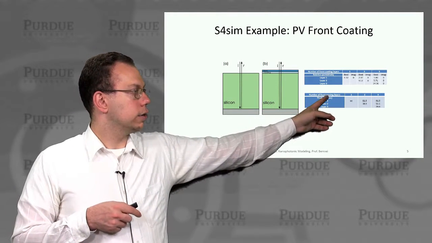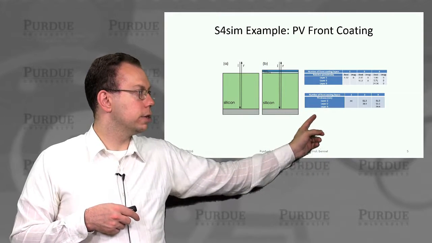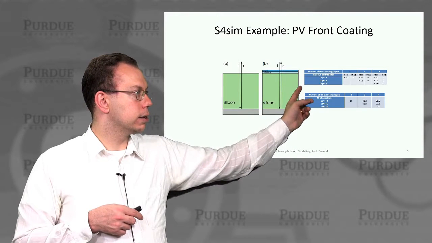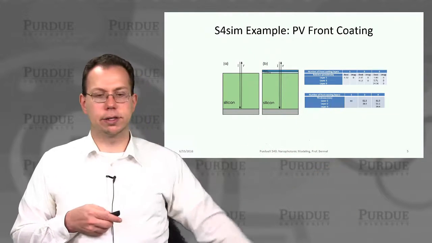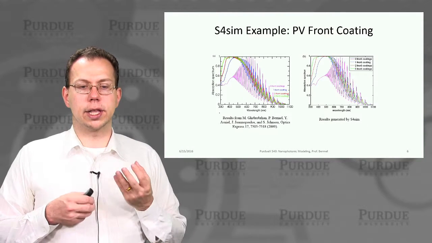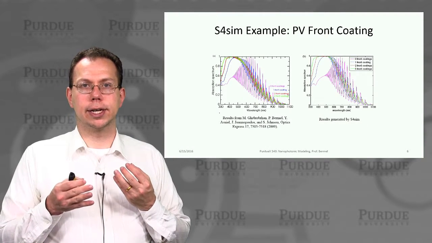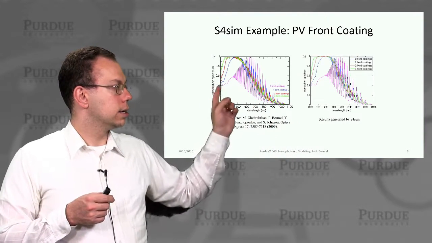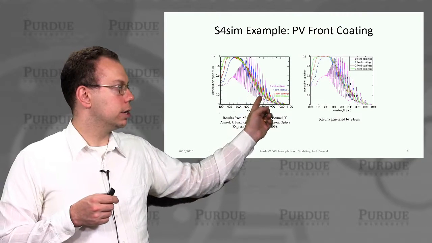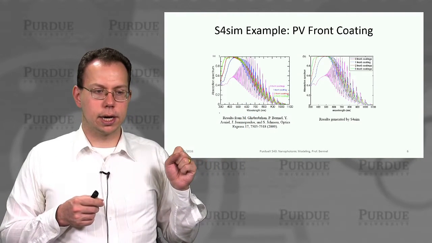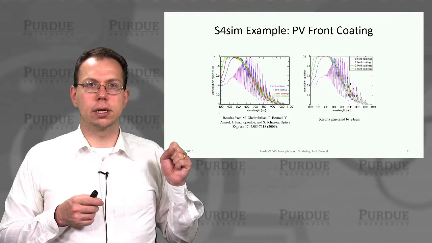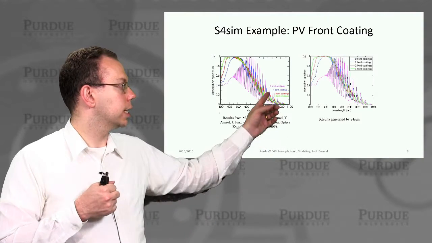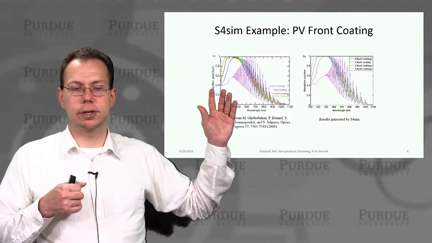So this is showing a chart from a paper a few years ago, which shows, as a function of the number of front coating layers, what the real and imaginary epsilon is, as well as all the thicknesses. Okay, and so then we can take those values that were calculated in that paper, which you can see is cited here. And this was the graph in the paper, showing the absorption spectrum of these optimized structures, for zero front coating, which of course has the worst absorption. So this is just a bare silicon wafer.